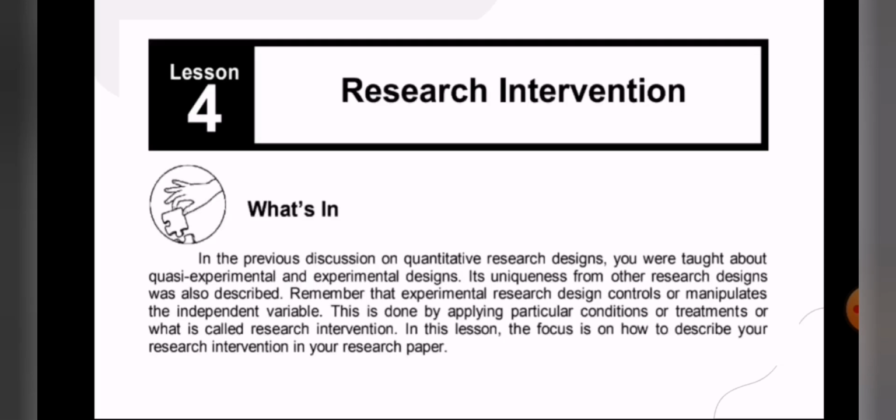So, now let's go to lesson 4, or research intervention. Here, in the previous discussion on quantitative research designs, you were taught about quasi-experimental and experimental design. Its uniqueness from other research designs was also described. Remember that experimental research design controls or manipulates the independent variable. So,